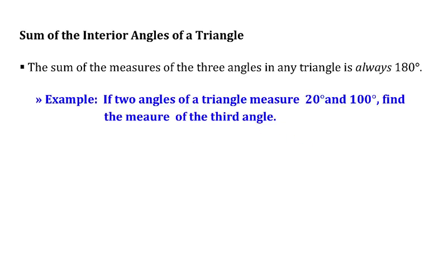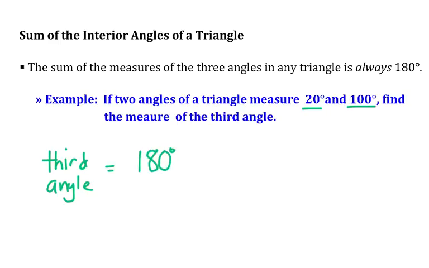So a common question you could be asked regarding this would be the following. If 2 angles of a triangle measure, let's say 20 degrees and 100 degrees, find the measure of the third angle. So basically, to find the third angle, we could think about it from the standpoint of the total sum of all 3 is 180, and we can take away the 2 we know about, and that should leave the third. So I'm just going to go ahead and set this up as 180 degrees, minus 20 degrees minus 100